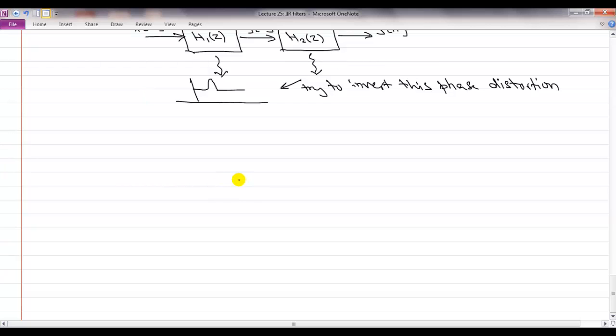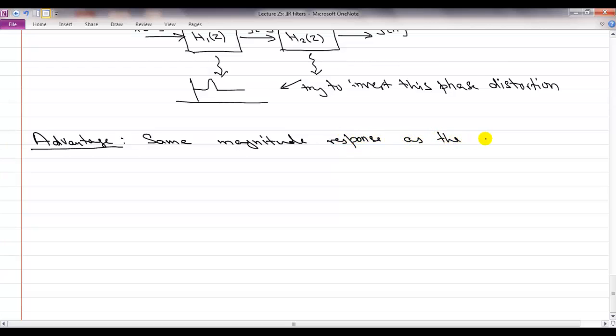Okay, so we talked about the fact that IIR filters have these distortions. The question is then why use IIR filters? The advantage of IIR filters is the following: it gives you the same magnitude response as an FIR filter if you are not interested in phase that much. If you are doing speech applications, it's best to stick with FIR filters. But if you are not interested in phase that much, then you can have the same magnitude response as an FIR filter,